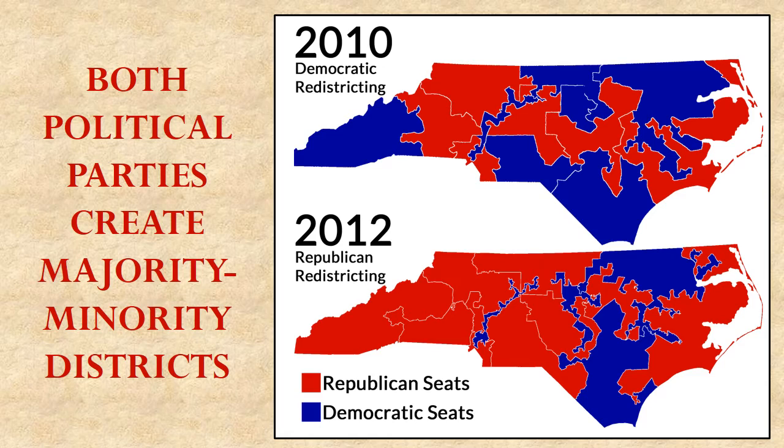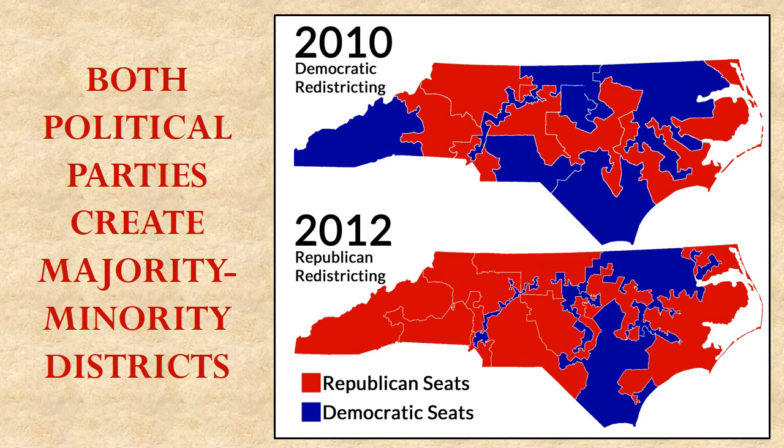Well, after the 2010 census, with Republicans now in charge of the state legislature, when they finally had a chance to redraw the map in 2012, they redrew the boundaries so that now more seats in the House of Representatives would be won by Republicans, as reflected in the colors changing on the map. But you can see that the 12th district is still there. It's still blue, still being won by Democrats, because it's still packed with minority voters. And we'll talk more about that in a moment. The minority voters that pack it are predominantly black.